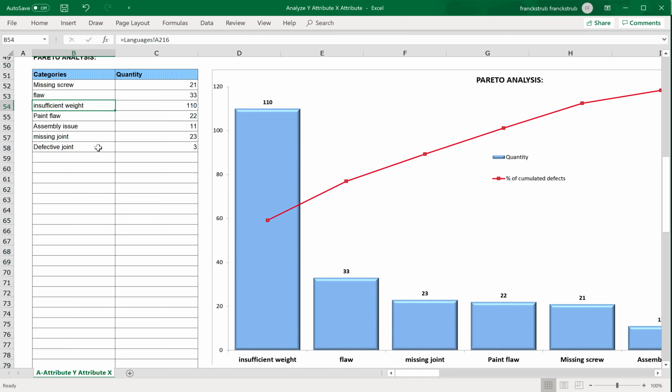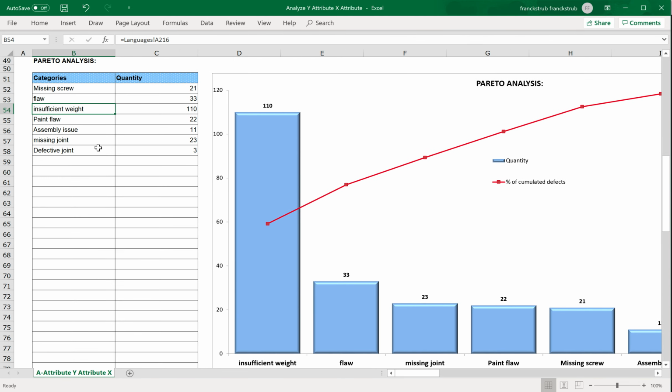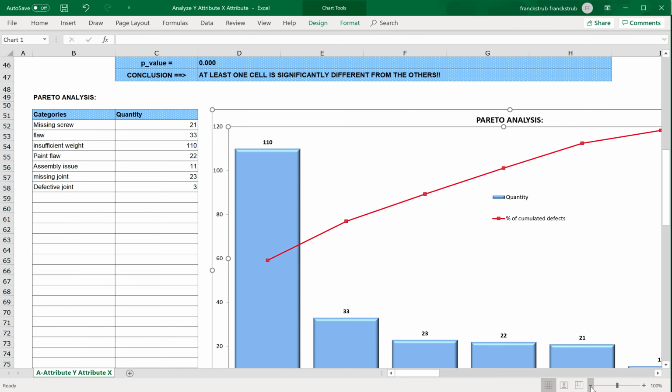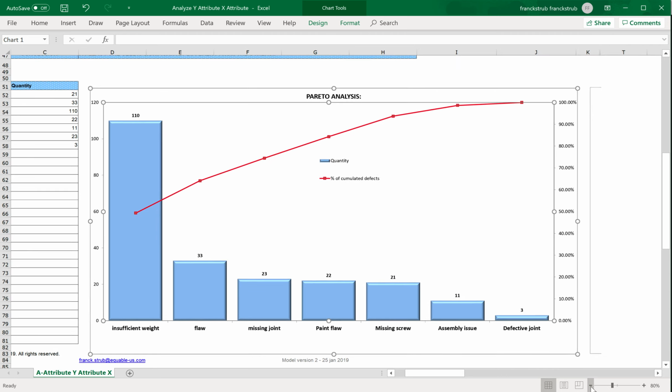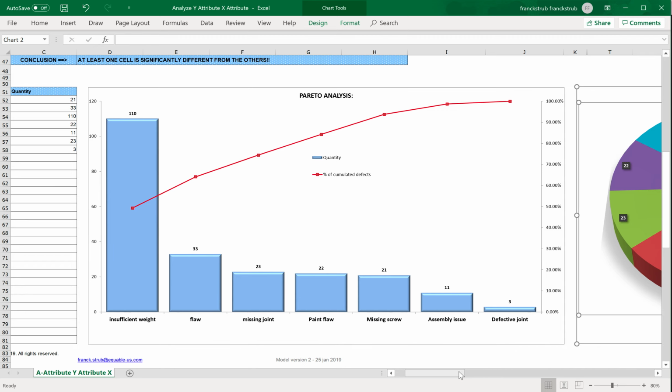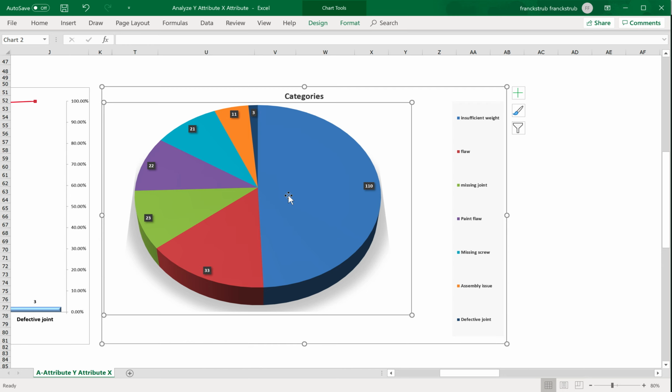So you have up to 30 possible categories, and you enter your quantities, and here you will have automatically, let me unzoom, your Pareto with the most important bar first, everything ordered, and you will have the cumulative percentage here. What we try to find is 80% of all defects coming from some categories, 20% if possible of the categories of defects. And we have the same thing here on a pie chart, displayed with a different graph.